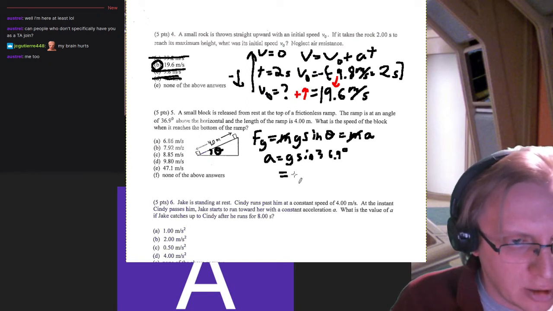This should be the smaller one, therefore it is 9.8 meters per second squared